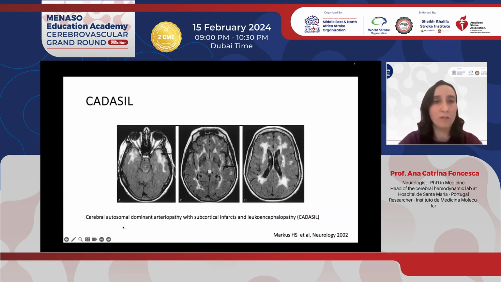Probably the most successful case was the finding of what CADASIL is, of this specific group of patients. Currently, we know what the pathophysiology behind CADASIL is, and we know what the symptoms are, how it is transmitted, and hopefully in the future we'll have new treatments that are specific for this group of patients. And this is precision medicine at its best. So it's knowing more about the phenotype of these patients, about the pathophysiology, and hoping that a new treatment in the future could be applied specifically to treat these patients.